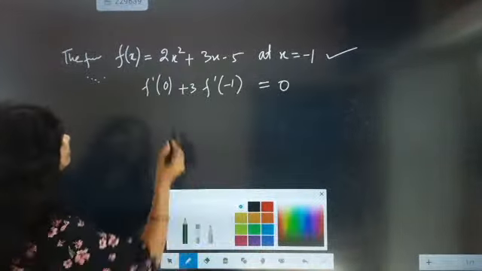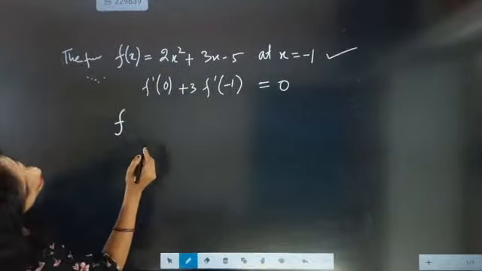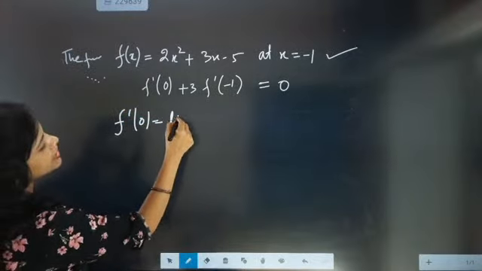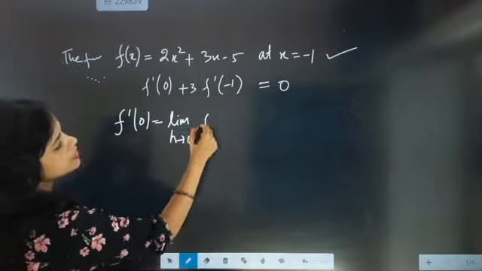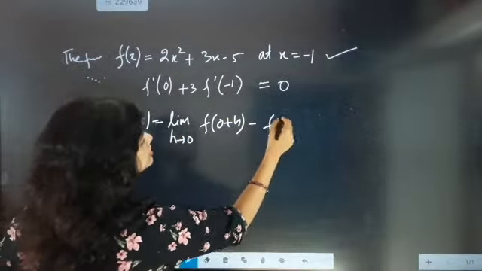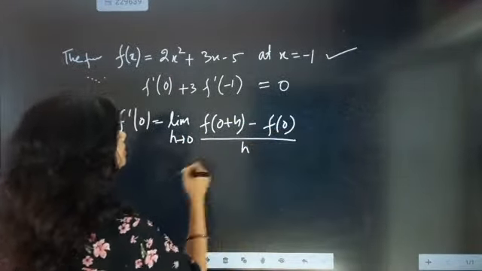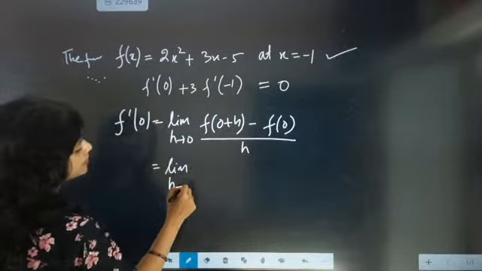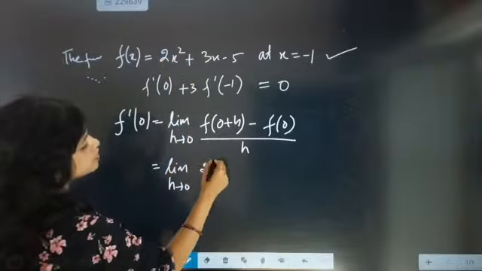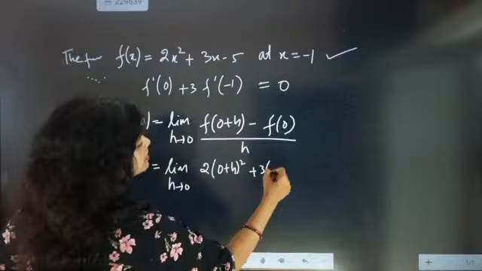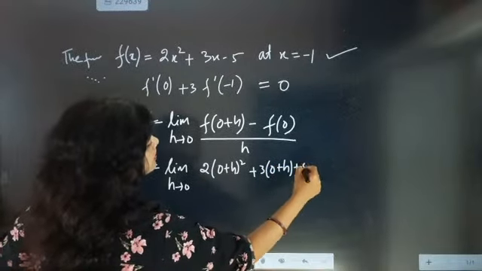Is it going to come 0 or not? So first we are going to take f dash 0. So here it will become limit h tends to 0, f of 0 plus h minus f of 0 by h. Now here wherever x is there, we are going to write 0 plus h. So here it is going to be 2 into (0 plus h) whole square plus 3 into (0 plus h) plus 5